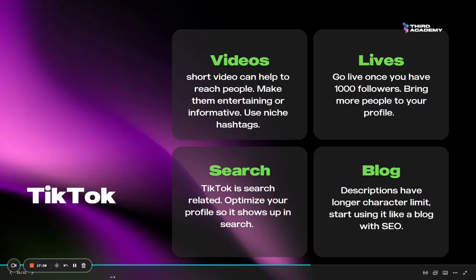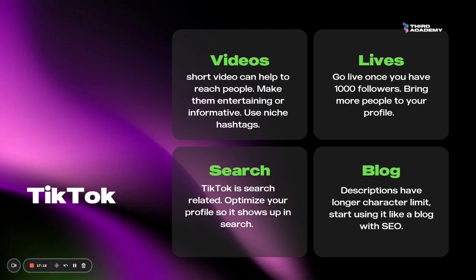TikTok. So TikTok is one that could be debated, right? TikTok is kind of losing favor a little bit with certain people. But it's good for growth and it's good for reaching people. And it just depends. You have to kind of make the video to have a call to action to actually follow you, maybe on different social platforms or to just join your community, because otherwise they just follow your profile and they don't really do anything else.